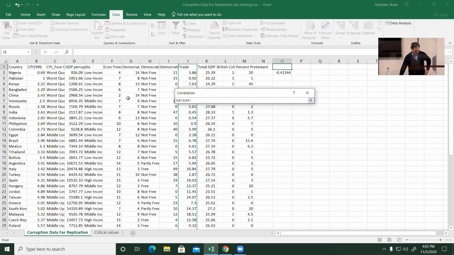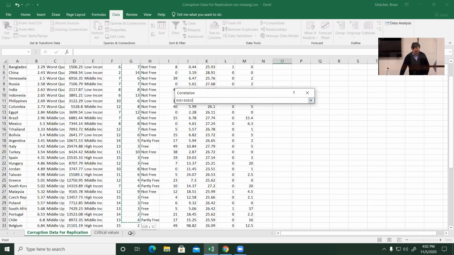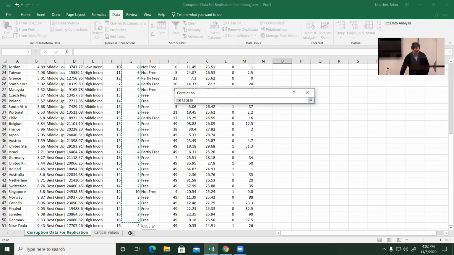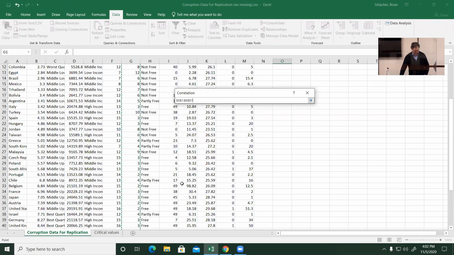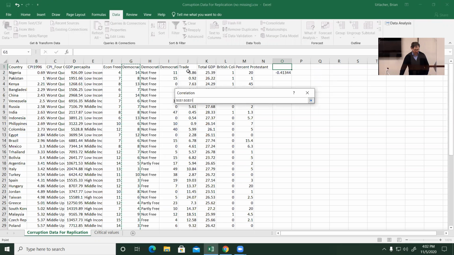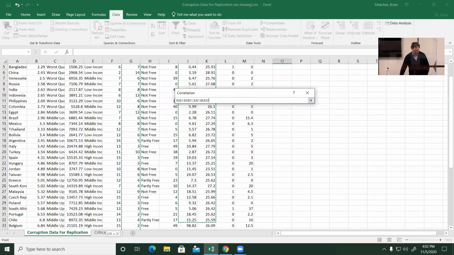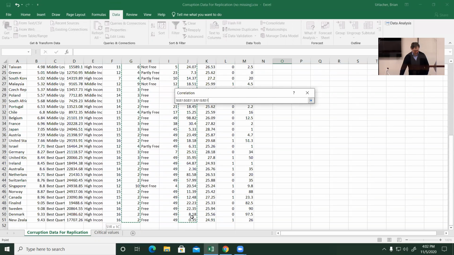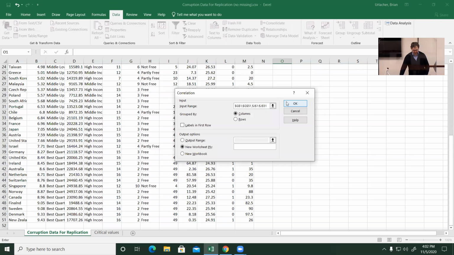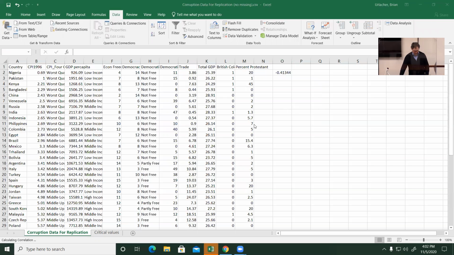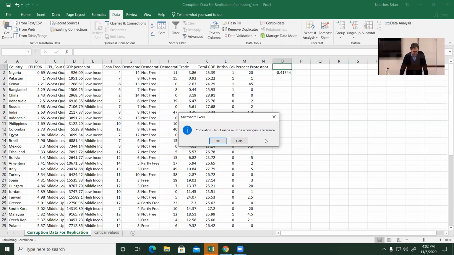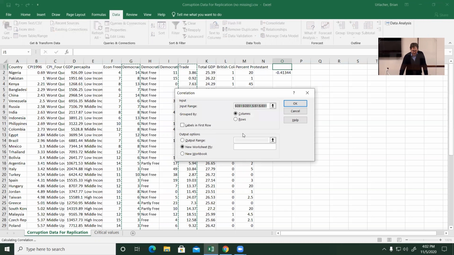and I want to look at my democracy data in column G, I can click on it, but it unselects what I had just done. So select column G. Go back and see if we can pick up, by holding down Control, the stuff from column J. Now, this would work to highlight things in Excel, but when I click OK and try to run that, I'm going to get an error message. It says correlation input range must be a continuous reference. That's not the most intuitive